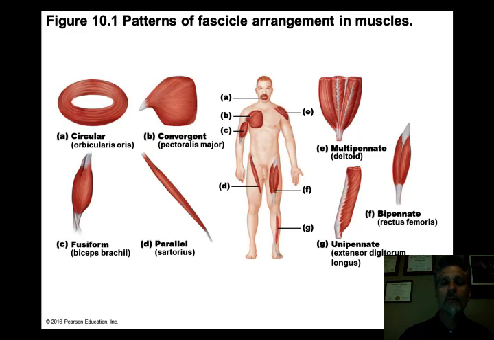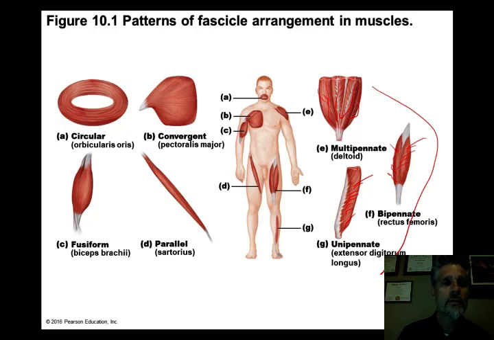Other physical aspects of the muscles: what we find is sometimes those fascicles, those groups of muscle fibers, are arranged in different ways. So that fascicle arrangement can sometimes give you different structures for the muscle, and that can produce more action, a wider action, or more power, or something like that. So you can see there are different types of pennate muscles, right? Like feathers, you see them coming in from both sides or just one side. Or we can see multipennate, where you have a lot of connective tissue and a lot of fascicles that are